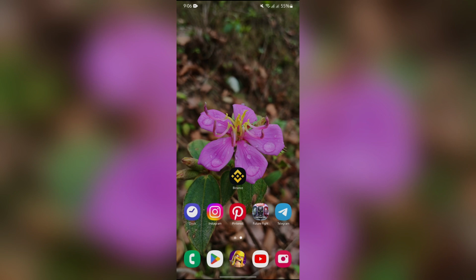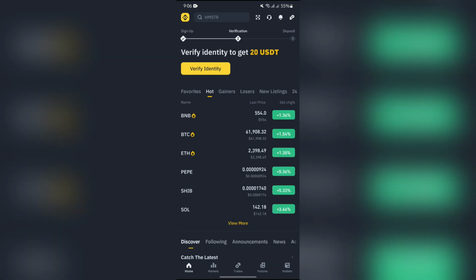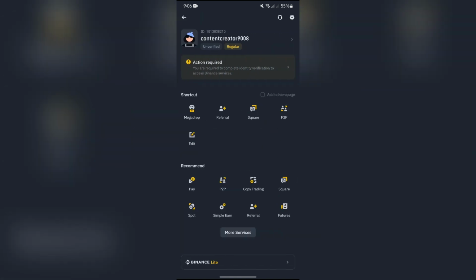In order to set the Pay PIN, you just simply have to open your Binance application. After opening the Binance application, you will get to see a bunch of options. You just simply have to select this Binance icon in the top left corner. Just simply tap on there and then you will get to see this recommended section, and under that section select